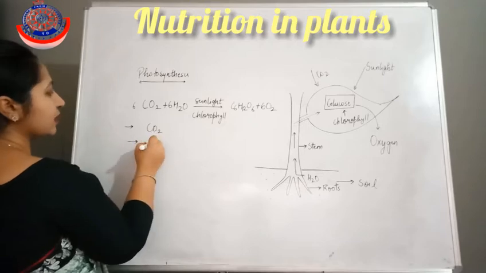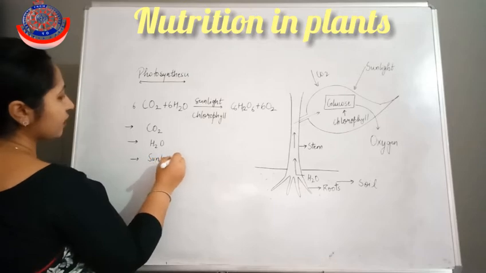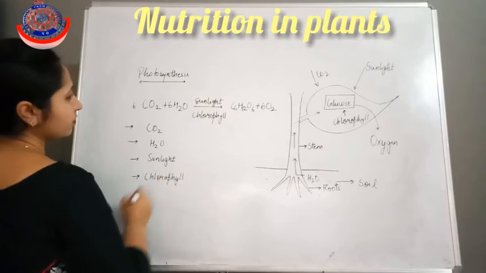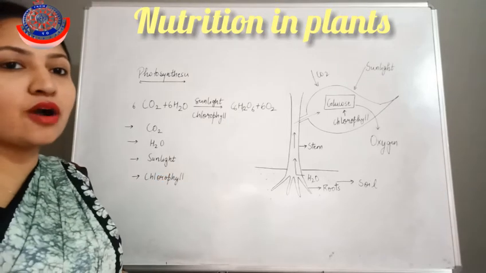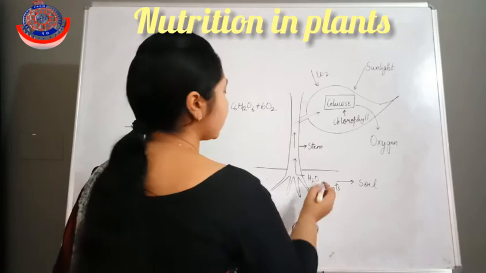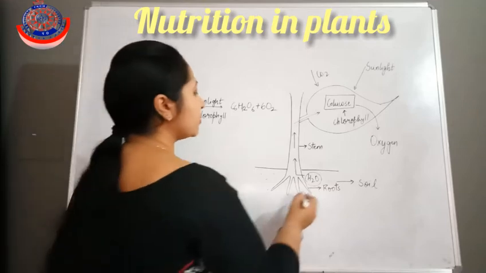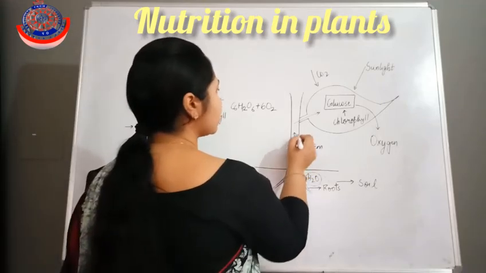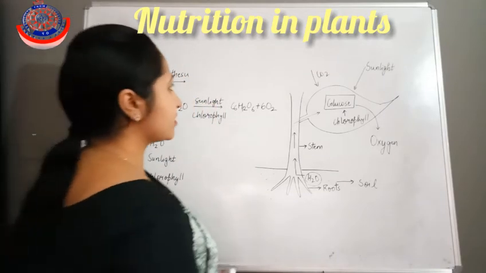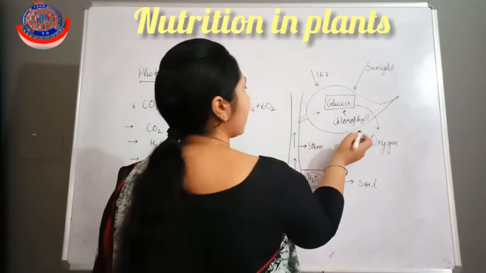First, carbon dioxide, water molecules, sunlight and chlorophyll molecules. Okay, so these are the four conditions, and how are these four conditions fulfilled? How will the plants get them? Water comes from the soil, as the roots absorb water. Now from the roots, water molecules travel through the stem and reach the leaves, because in the leaves the photosynthesis reaction occurs, and carbon dioxide they take from the atmosphere and sunlight from the sun, and chlorophyll